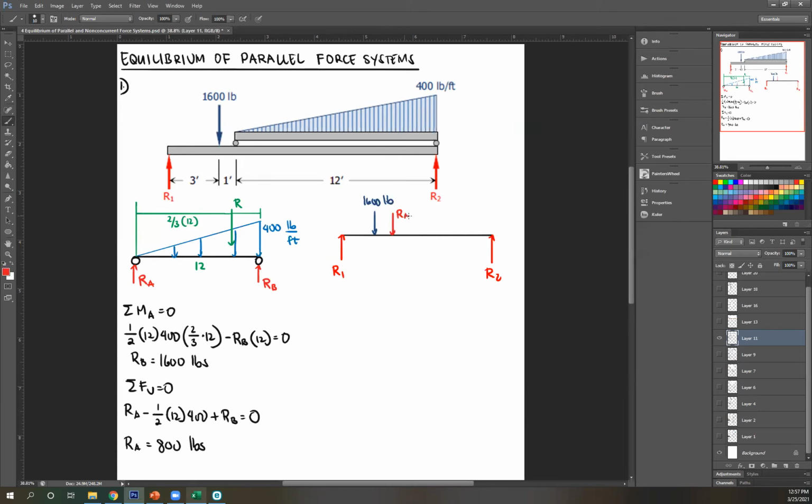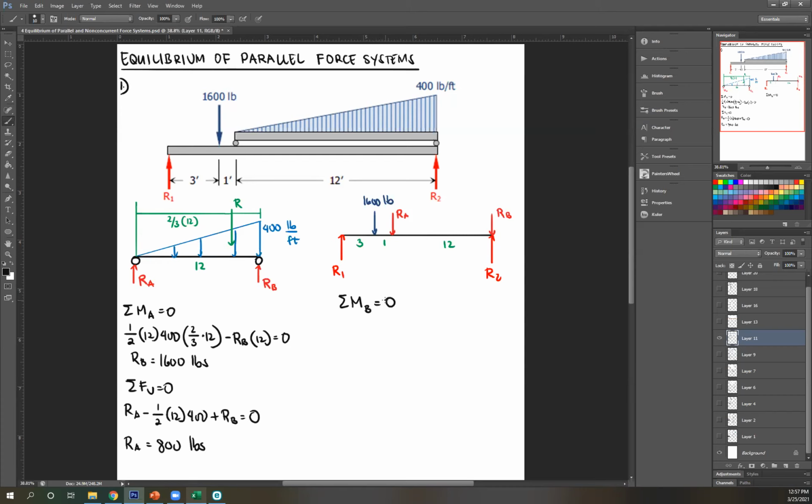So this is now my RA. This is my RB. Okay? And then let's write out the distances. This is 3, this is 1, this is 12. Okay, so the goal is to solve for R1, R2. So usually the first step again is summation of moment equals 0. Now take a point. I'm gonna choose this point since RB and R2 are there, so both forces will cancel out. Summation of moment at B